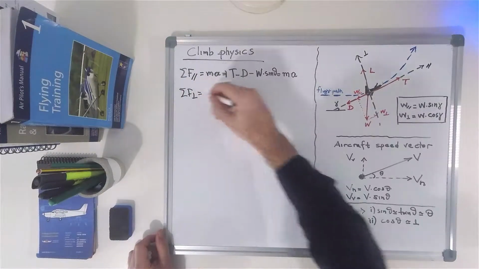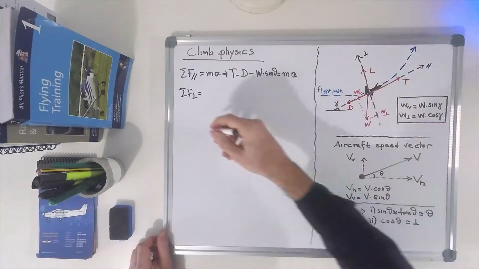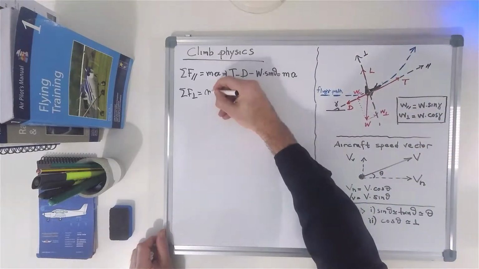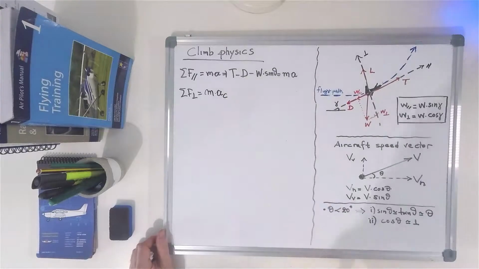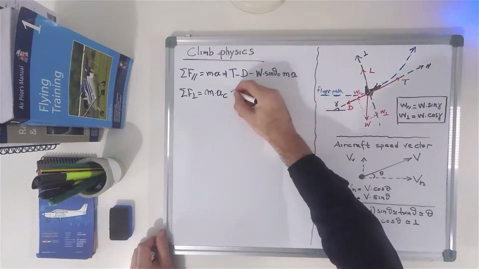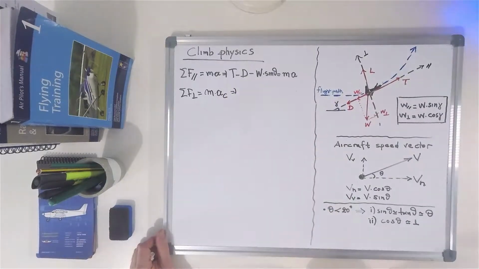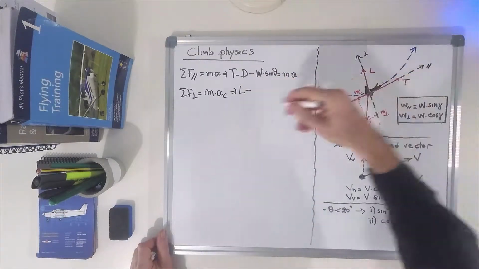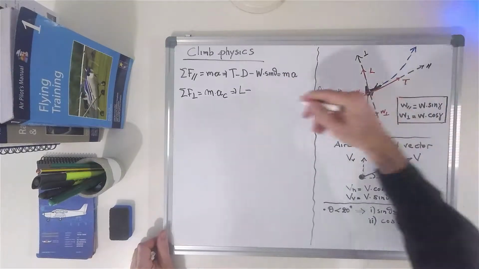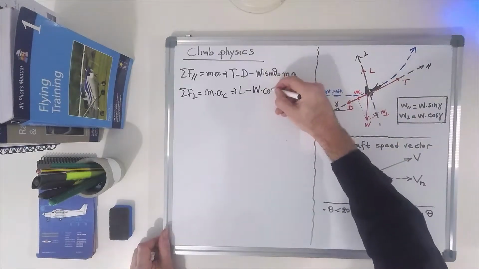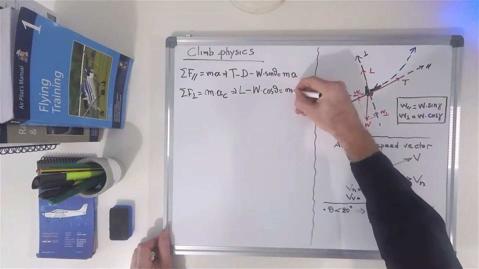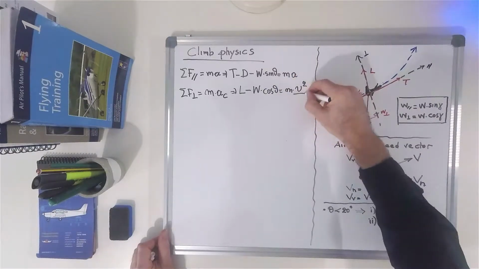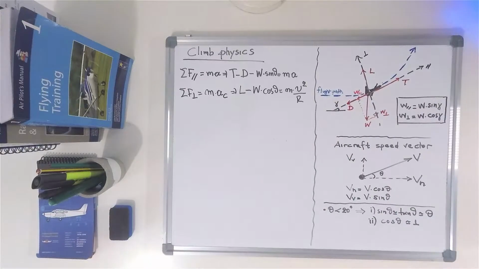For the perpendicular axis, since the aircraft is in a curved flight path, we have centripetal acceleration, so that would be lift minus that component of the weight equals mass times centripetal acceleration. But if the aircraft's motion is linear at a constant angle of climb,